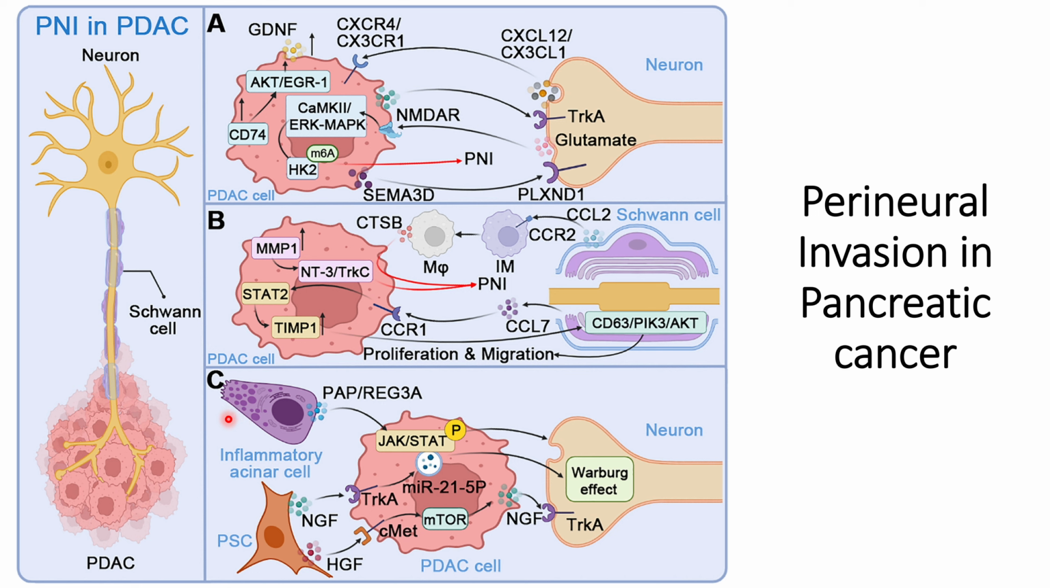and the inflammatory acinar cells help PDAC towards perineural invasion. The pancreatic stellate cells release NGF cytokines, which interact with TRK1 and help in the production of microRNA 21-5p, and this microRNA helps in upregulation of the Warburg effect. We discussed this Warburg effect in our previous video,